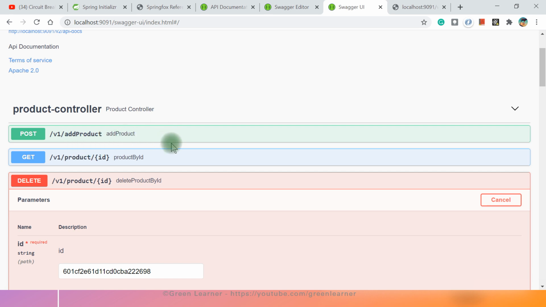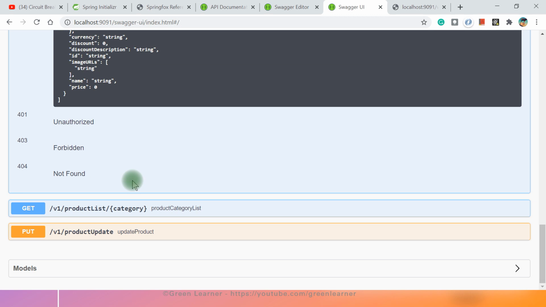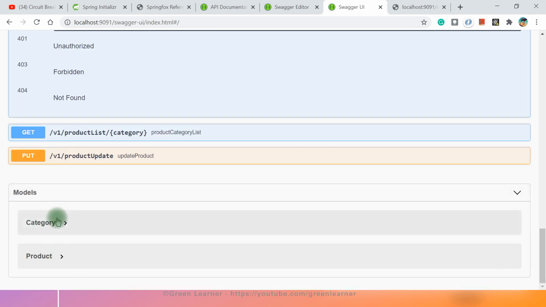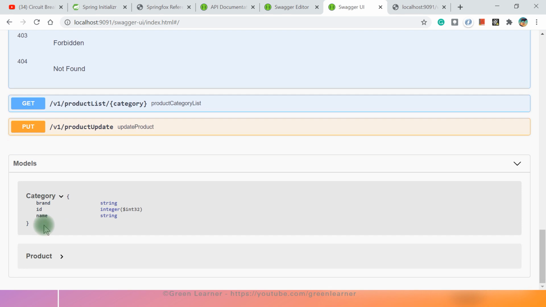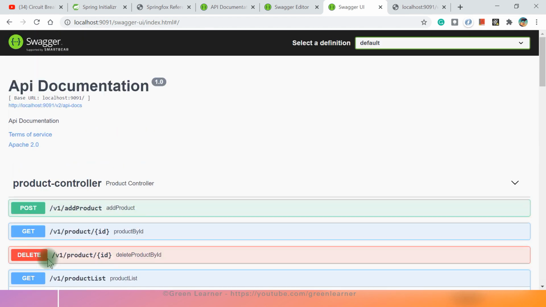There are a couple of annotations that I have to use, and the SpringFox implementation is going to intercept those annotations and write those descriptions for us in the UI. There is one more part of this Swagger that is on the way, about the advanced thing. We have this models category, and here we have brand ID, name. What is this brand ID name? I want to add more information into this. So how can I add that? A couple of annotations, that's it. So I'm going to explain that in the next video.